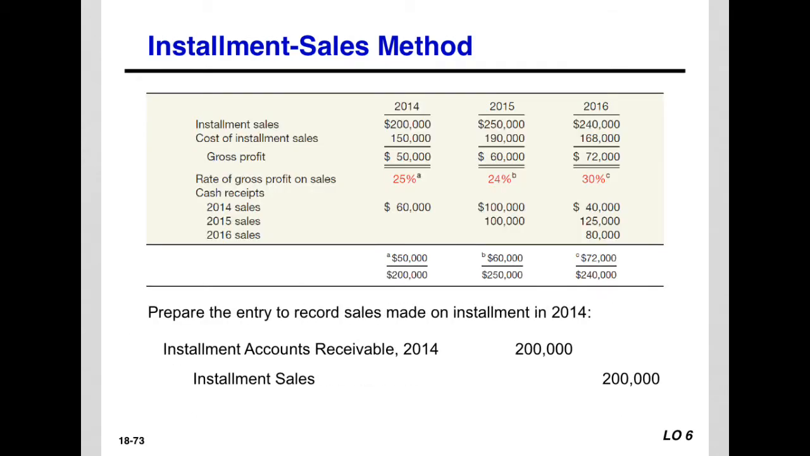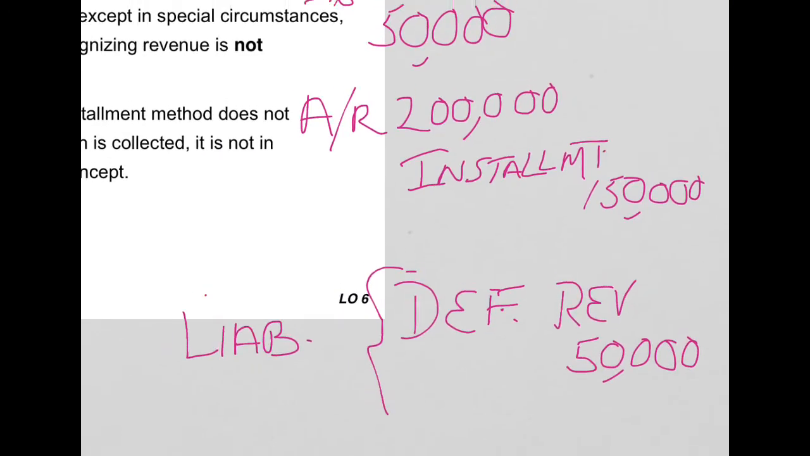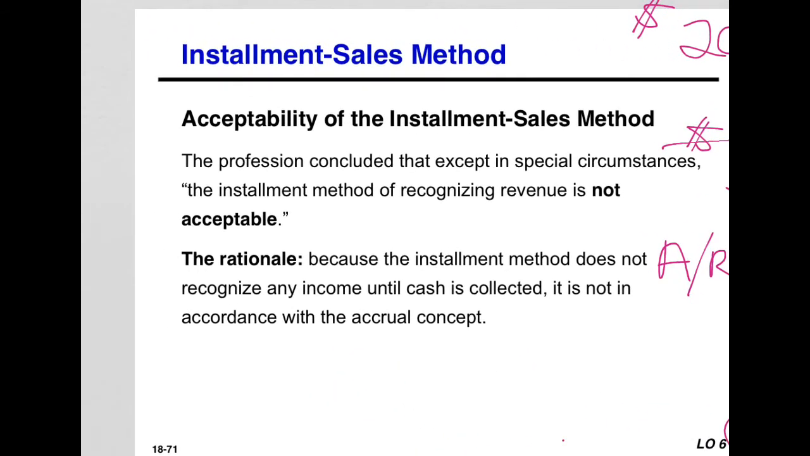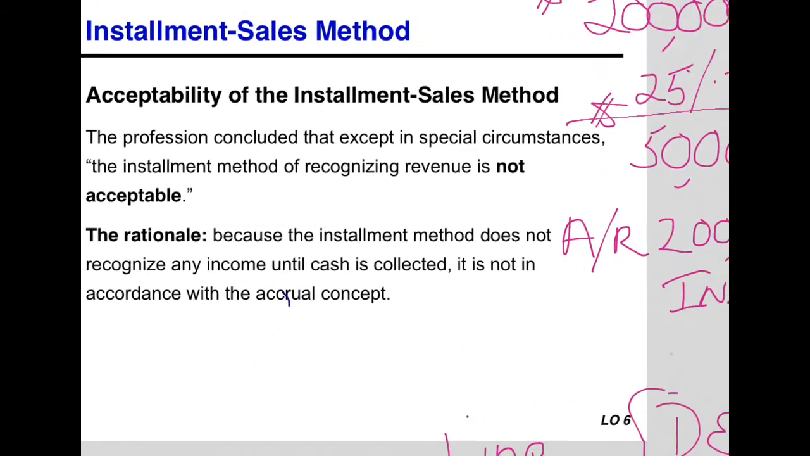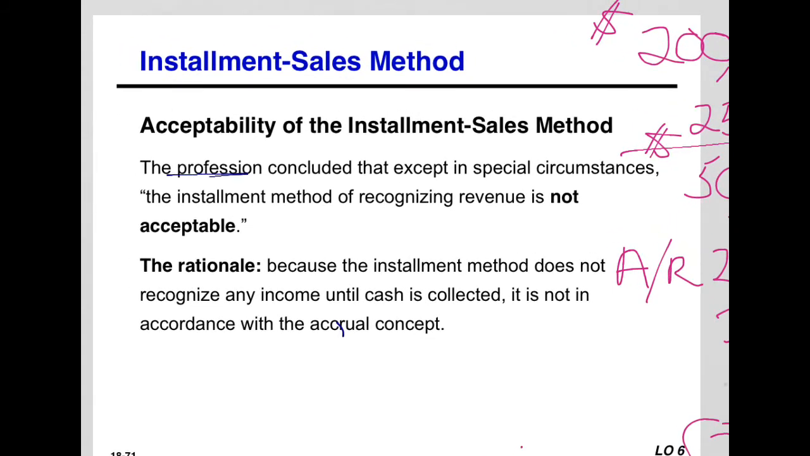Maybe they did it here. I just know GAAP doesn't like it. Yeah, here you go. The profession concluded that it's not a good idea to accept in certain circumstances, otherwise it's not acceptable. So you have to have a situation where there's some rationalization you can hang your hat on,